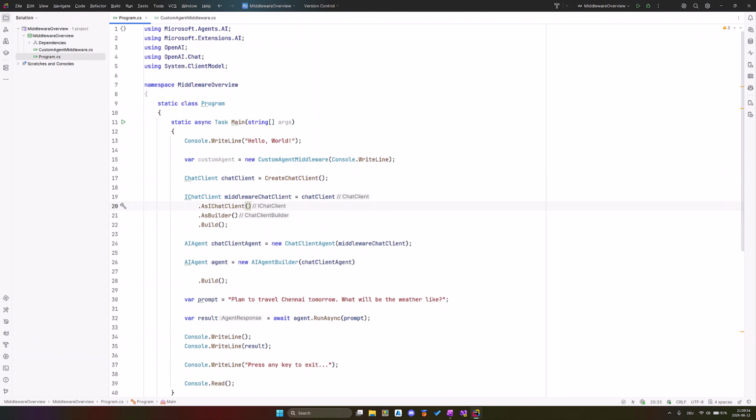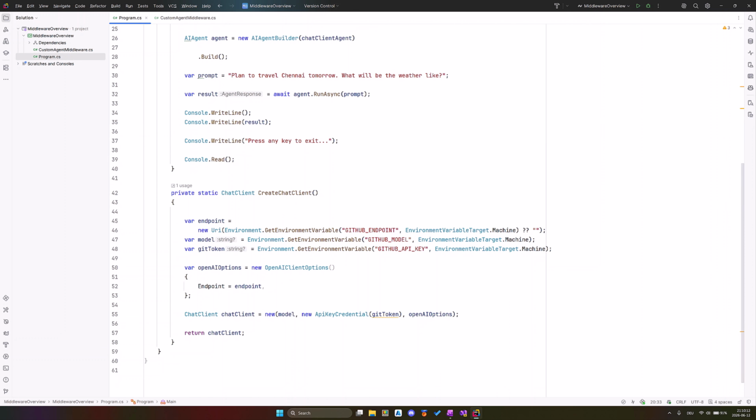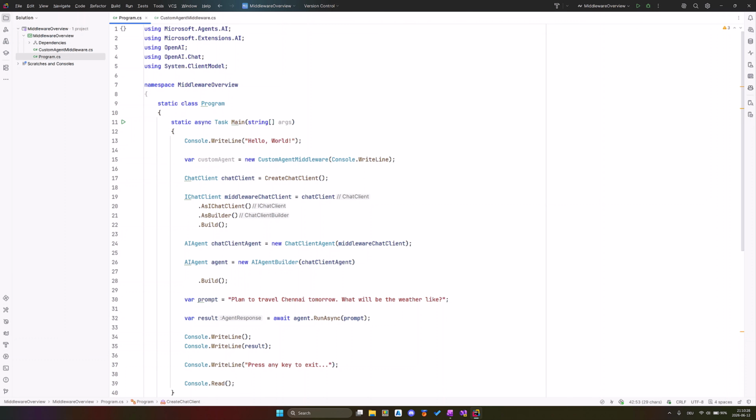Due to some issue, I use my Rider IDE to implement this middleware feature. Here I have created one console application called Middleware Overview. I start with the agent middleware. Before writing the code, I just highlight what I did in this sample code. I have created the chat client object, using the GitHub OpenAI model. These are the parameters we have to use to create the chat client. After that, I use the IChatClient to create the